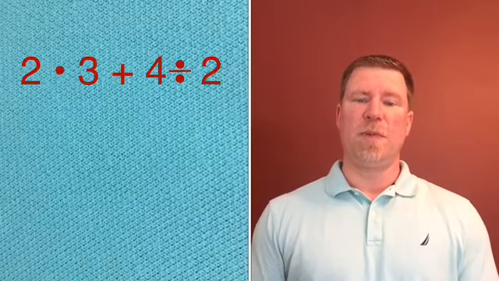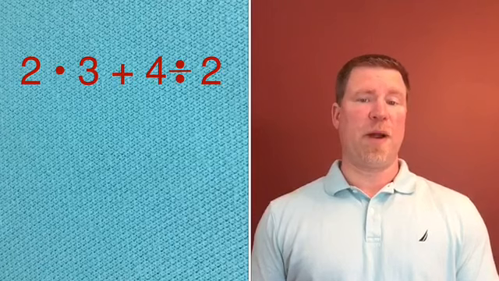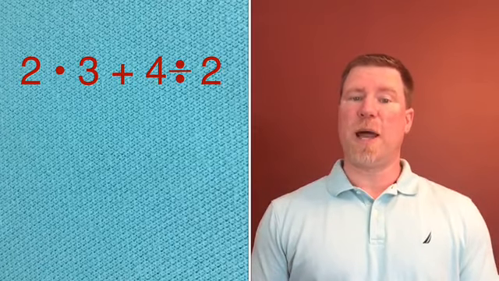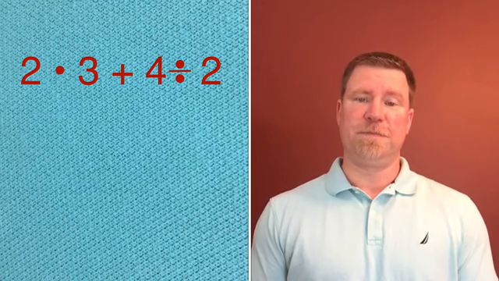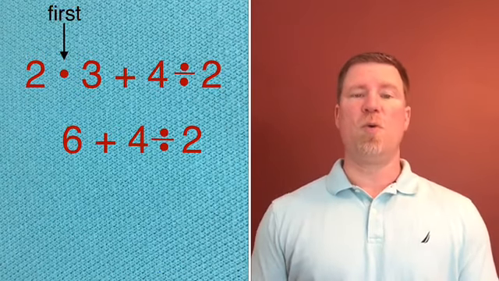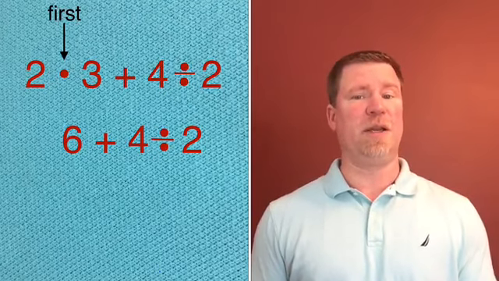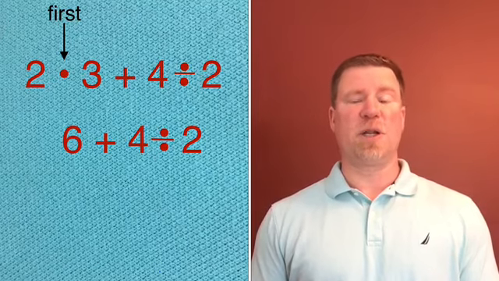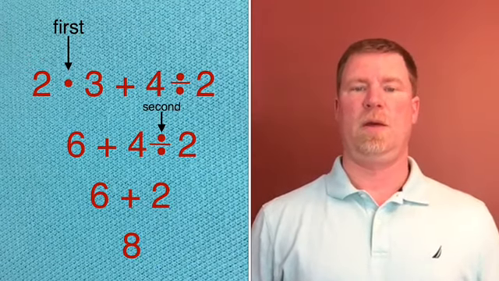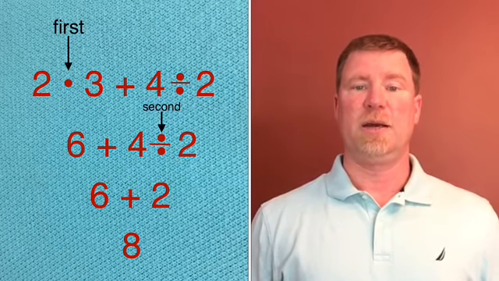In this example, 2 times 3 plus 4 divided by 2. We've got 3 operations. Well, right now we're on multiplying and dividing. Which one comes first, the multiplication or the division? Well, the multiplication comes first. So we are going to multiply first. So we're going to do 2 times 3, even though it's tempting to do 3 plus 4. 2 times 3 is 6. So now we have 6 plus 4 divided by 2. 4 divided by 2 is 2. 6 plus 2 is equal to 8.